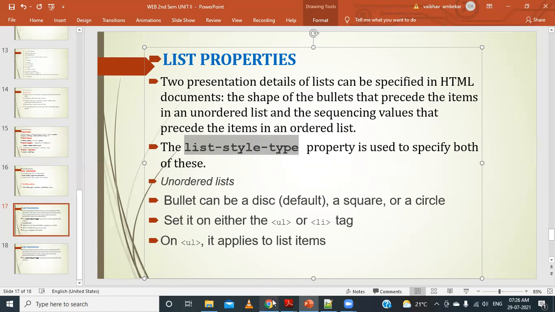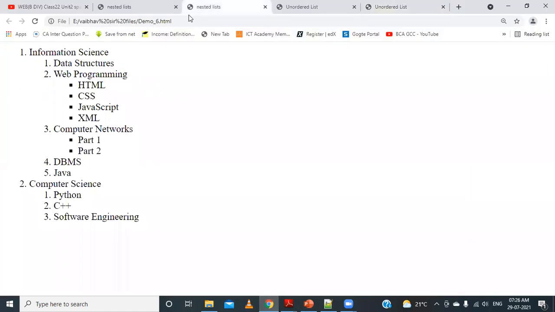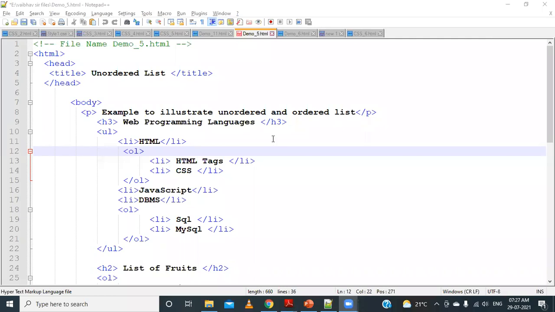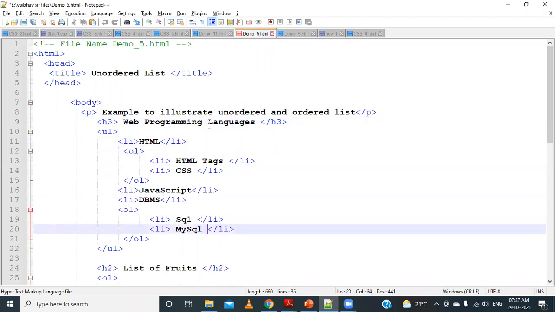So I will just go back to the earlier examples. We have studied these examples, where we can have an ordered list and inside that an unordered list and so on. In the earlier programs, we have used ordered lists and unordered lists.